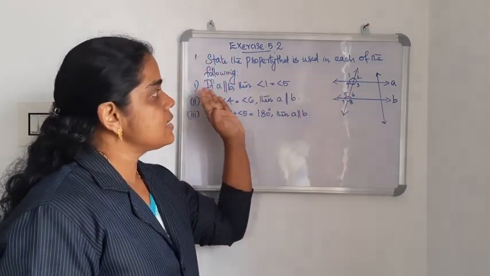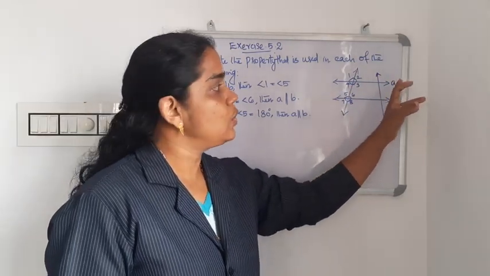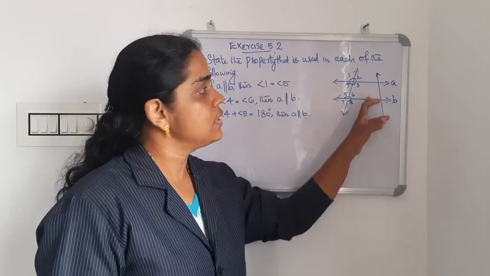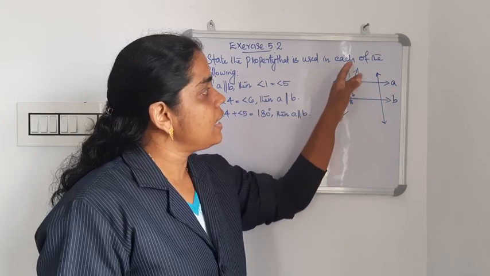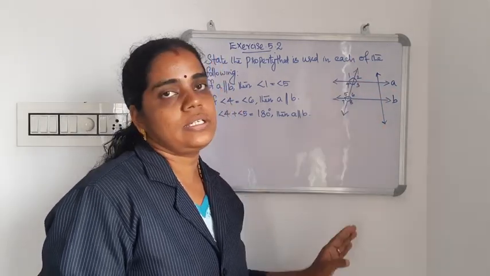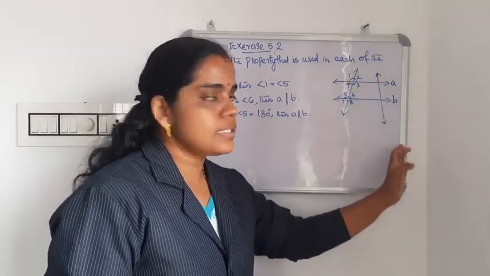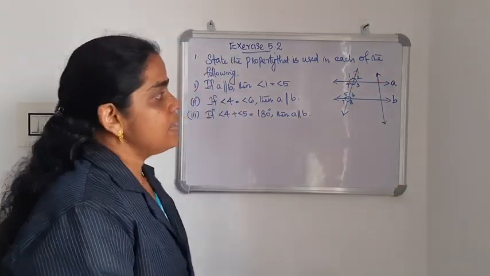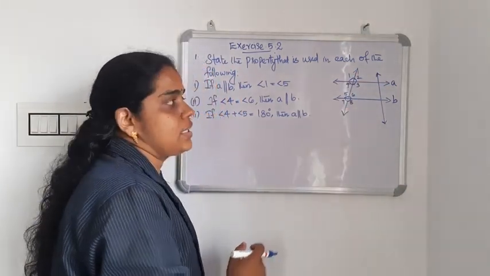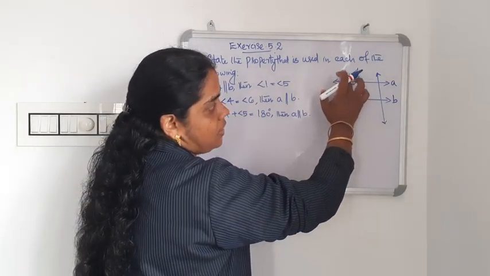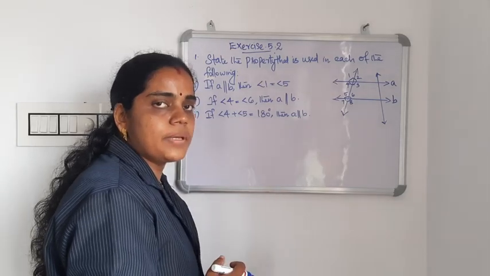here in this picture, this is the first question given in your book. These are two parallel lines, named A and B, and they are cut by two transversal lines. This is one transversal and this is another transversal. Then many different angles are formed, so names are given: 1, 2, 3, 4, 5, 6, 7, 8. Those are the angle names given.